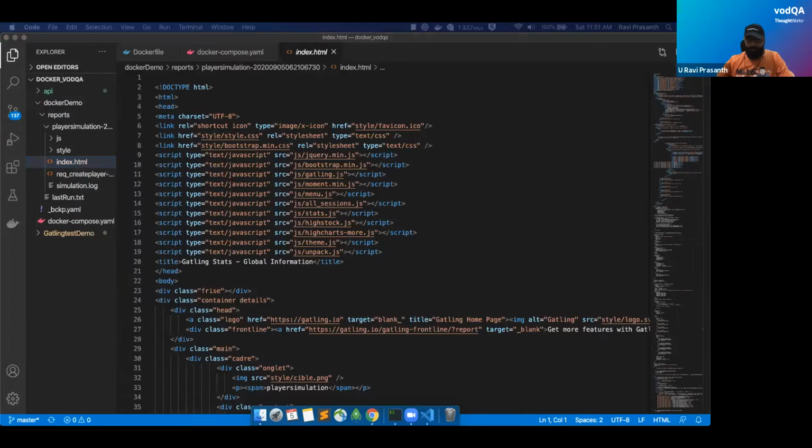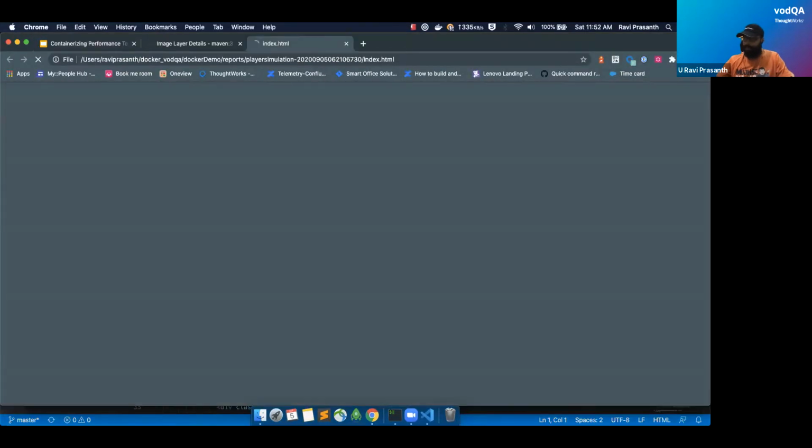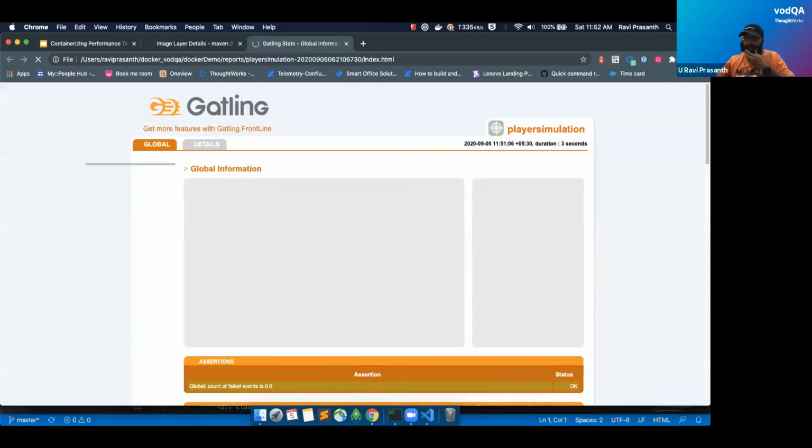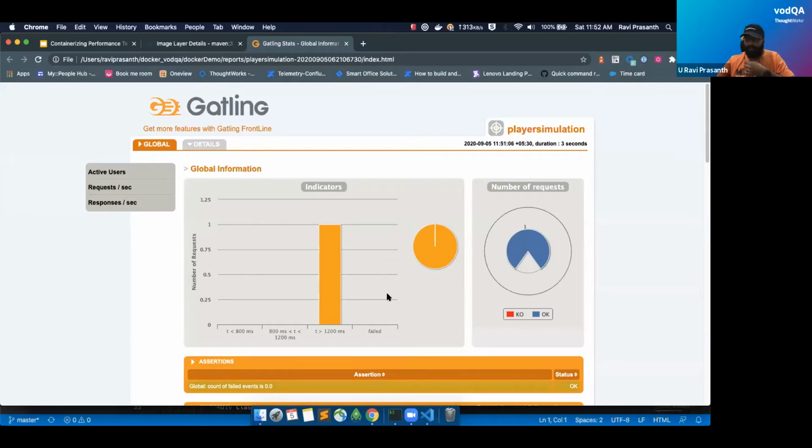So let me put it for you. Cool, right? I was opening it from my local machine, and whatever was there in the container came into my local machine. Similarly, vice versa. If I wanted to push something, rather than building it every time, I can mount the volume alone, so that it is a two-way process. Whatever I do here will be reflected there, and whatever is there will come here. So that is how it is.